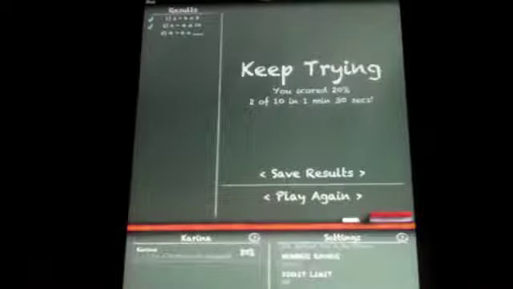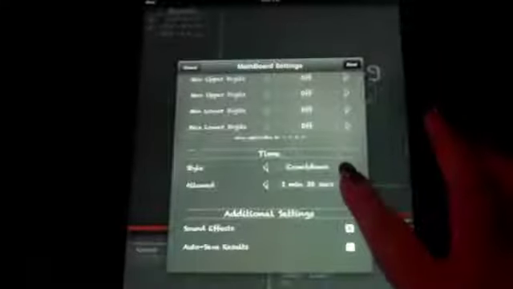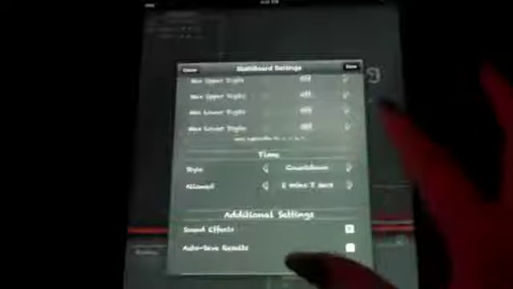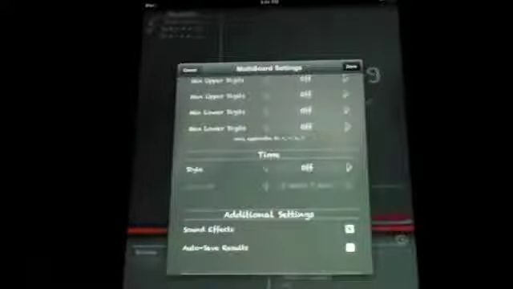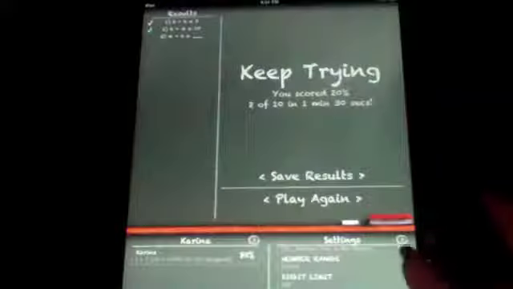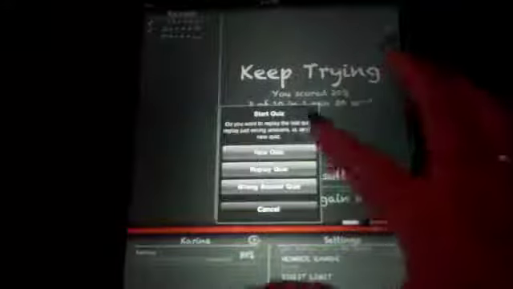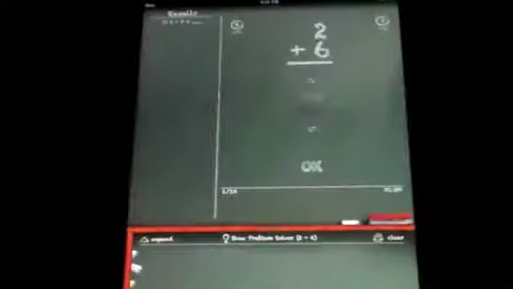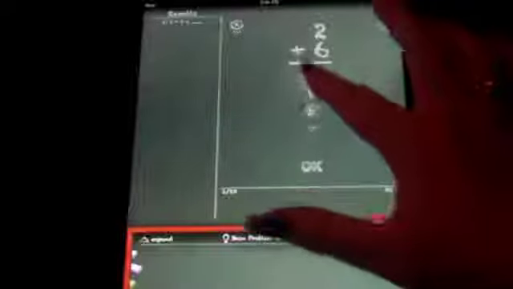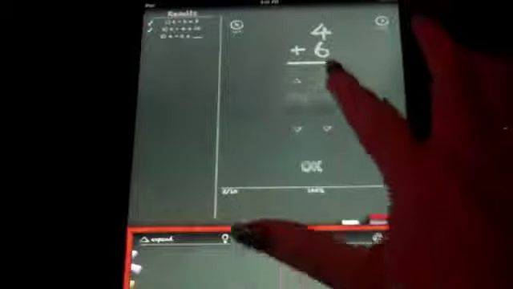Oops, our time's erased. So what I'm going to do is go to my time and increase that. I actually don't really want that to happen, so I'll take away the countdown. That solves that problem. So keep trying. We're going to play again, so let's replay the same quiz. We already knew we had 8 there. Oops. And we had 10. If you do a wrong answer,